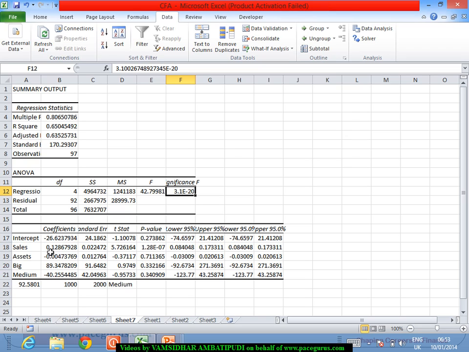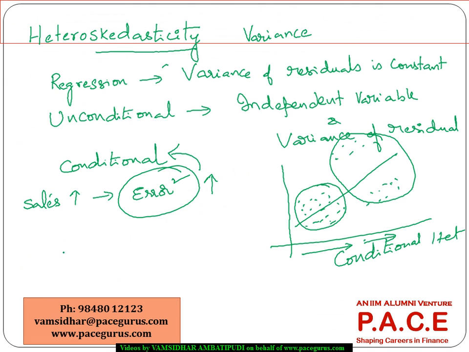I need to check whether any kind of conditional heteroskedasticity is present in the data. For that, how do I detect? Detecting conditional heteroskedasticity can be done by two mechanisms. One is you just do a residual plot,